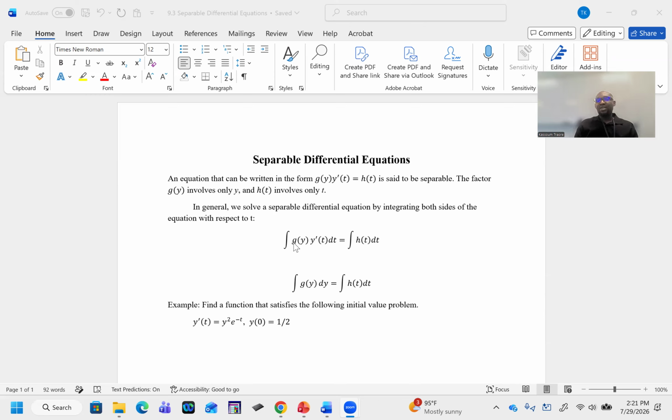Like you can see, if we have the integral of g(y) times y prime of t dt is equal to the integral of h(t) dt, we can use